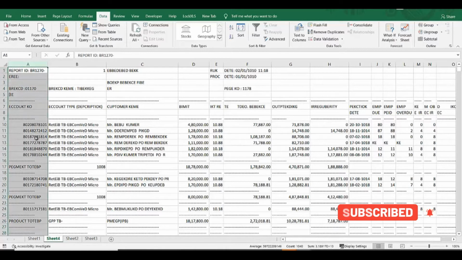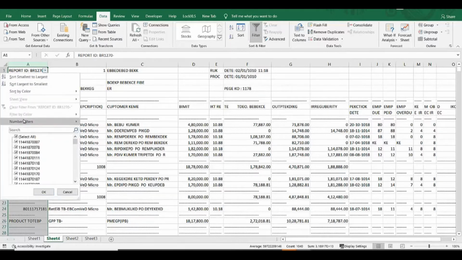So I'll select a column and click filter. Now deselect all and select only those rows which you don't want, like the blanks or the repeating rows, and click OK.